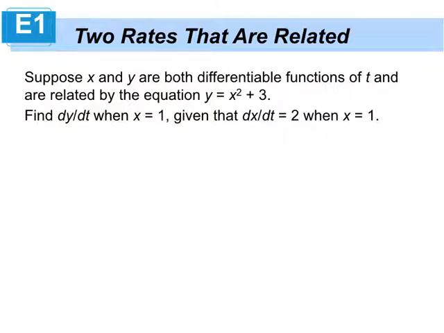Okay, so suppose x and y are both differentiable functions of t and related by the equation y = x squared plus 3. So we've got a parabola opening up, shifted, who cares? And we have some conditions here that we're going to use at the end. So first things first,